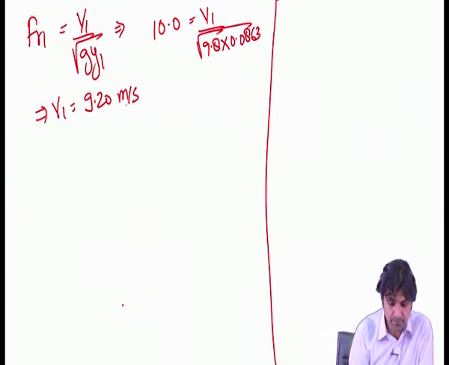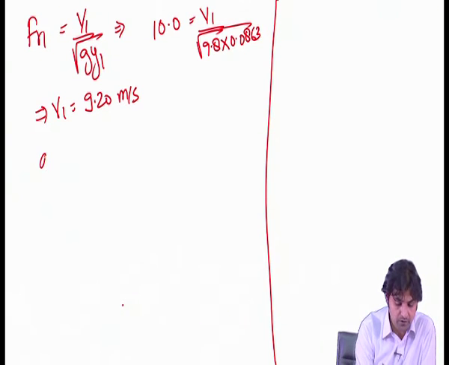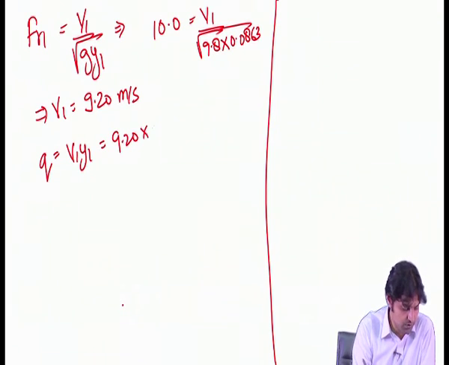All right. Small q is going to be v1 y1. So 9.20 into 0.0863